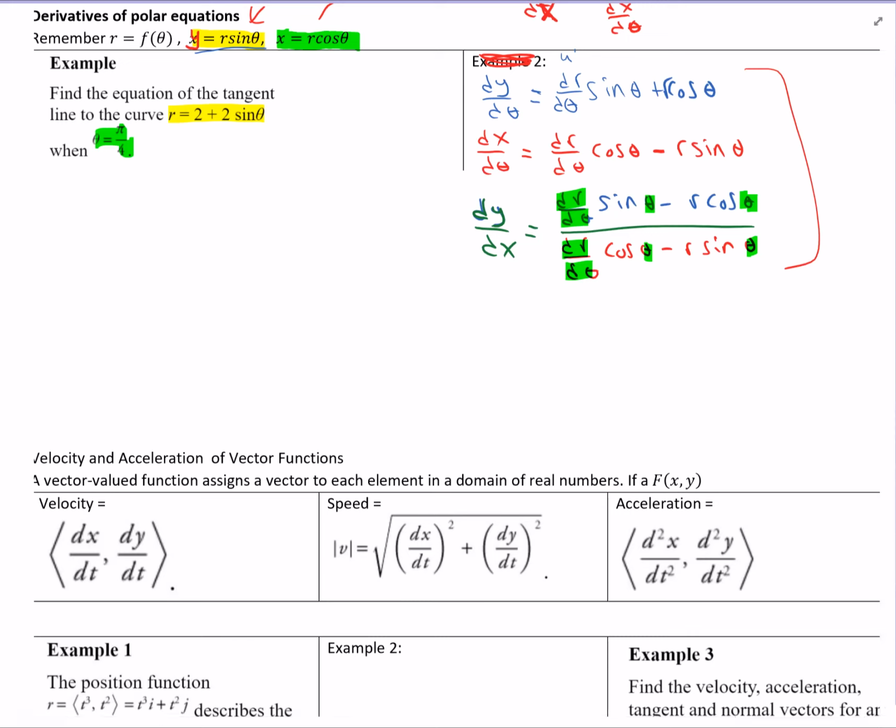Right, so the equation of a tangent line is y minus y1 equals m times x minus x1, where m, again, because we're using y as an axis, is dy/dx, right? So we need to find dy/dx. We also need to find the x and the y, which we can do pretty easily. Let's find the y coordinate. We just take our function here,